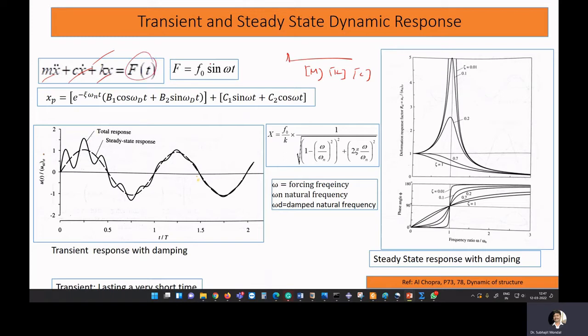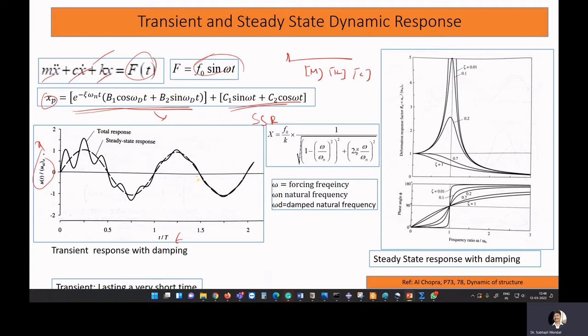Now, if you assume a force like this, in that case our solution is going to be like this, where the first part corresponds to your transient response, and the second part corresponds to your steady state response. Now, if you want to plot x with respect to time,